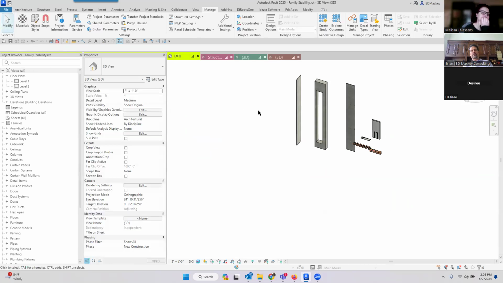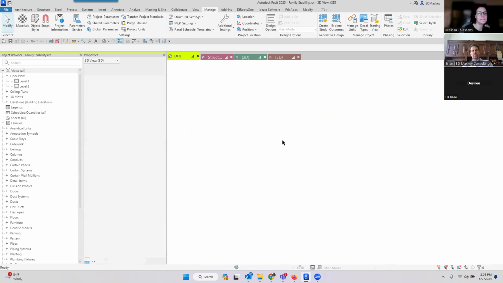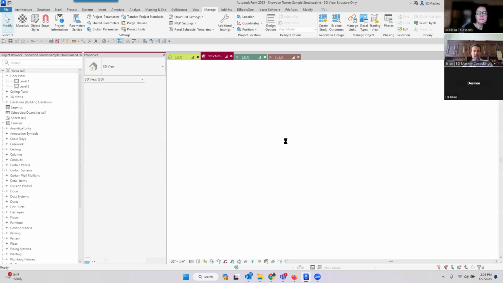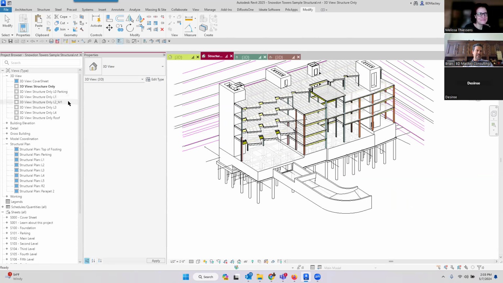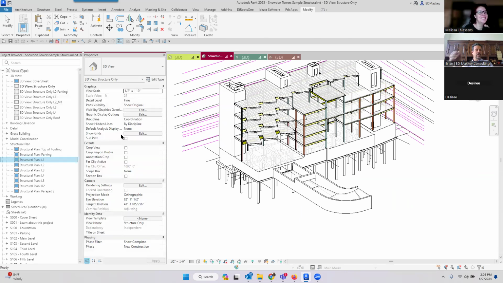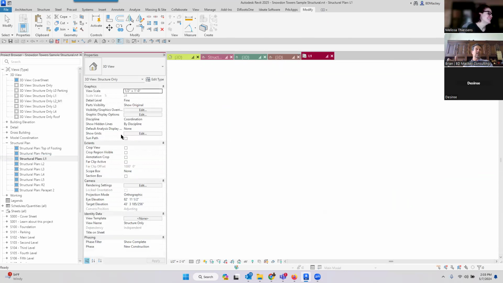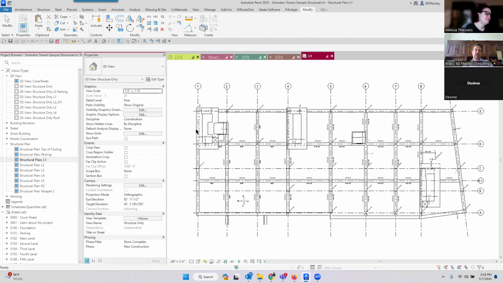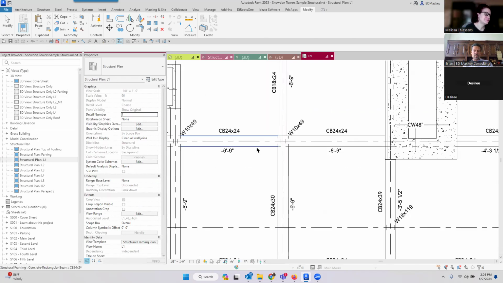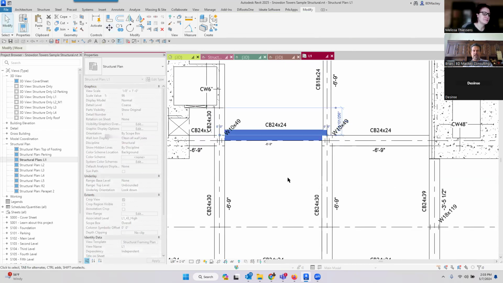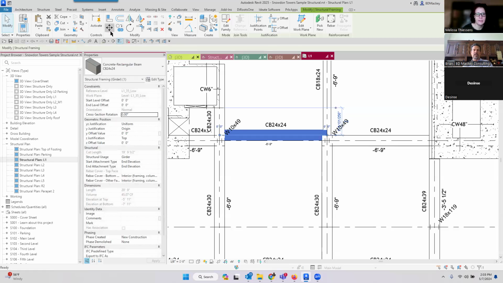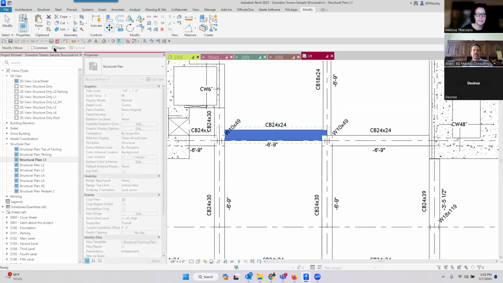we'll go back to this project. You're missing a checkbox. So somebody came in and used this beautiful tool that could be devastating. So let me go to level 1 here. It's not just a wall, it's anything you're actually moving. So if I were to come in here and say, cool, I just want to move this beam up 2 feet, I'm going to grab my move command here. I'm going to move it up, right? Everything's fine and dandy. But if I go move it again and I check disjoin,